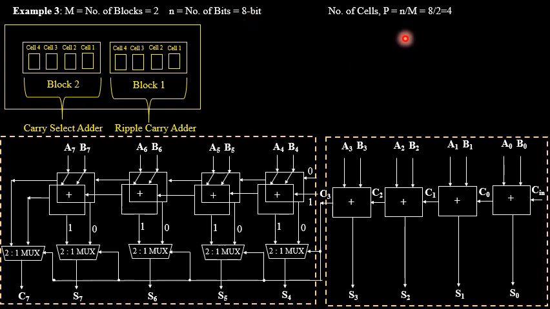So if I want to calculate the number of cells now, it is equal to n divided by m. So it is 8 by 2, which is equal to 4. So in each and every individual block, there must be 4 cells, which is nothing but 4 bits. If you see this, the outer box is going to represent your entire 8-bit structure. Now I am having 2 blocks present. I have named it as block 1 and this as block 2. Inside each and every individual block, there are 4 cells. So I am having cell 1, cell 2, cell 3, cell 4 for block 1, and for block 2 also cell 1, 2, 3 and 4.